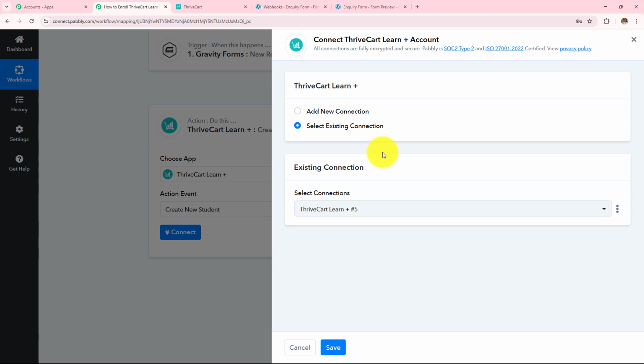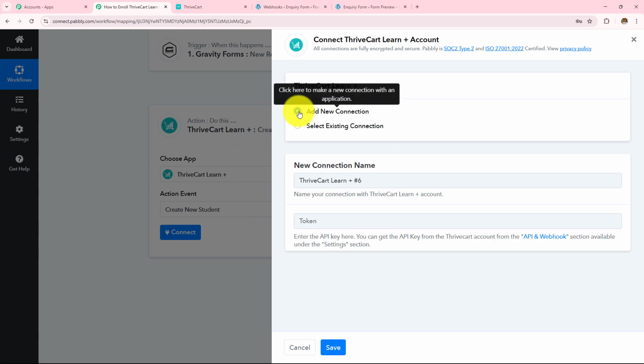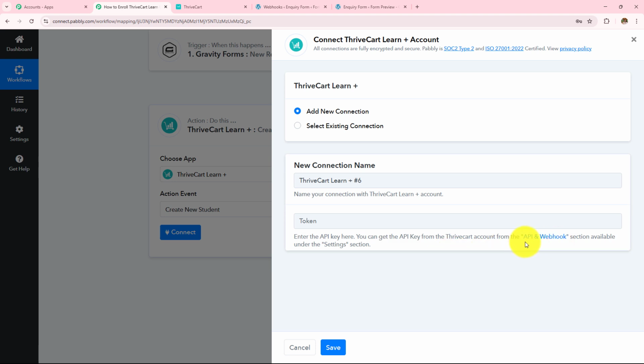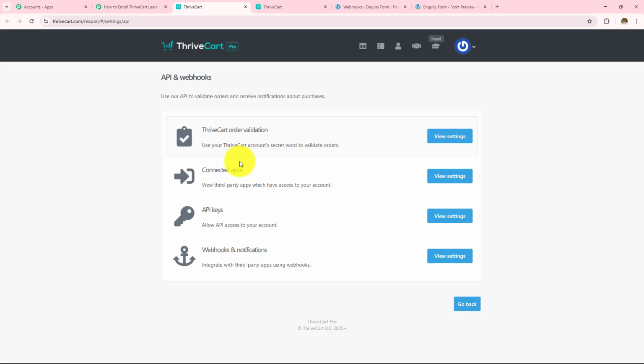So if you have an existing connection, click on save. If you don't have one, click on this add new connection. And now to make this connection, I have to enter this token. So I am going to follow the help desk given below. I am going to click on this hyperlink, and then I am going to click on this API keys view